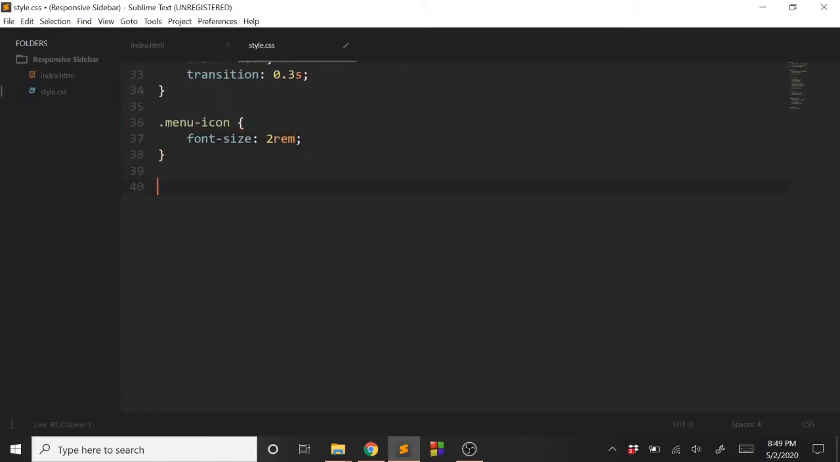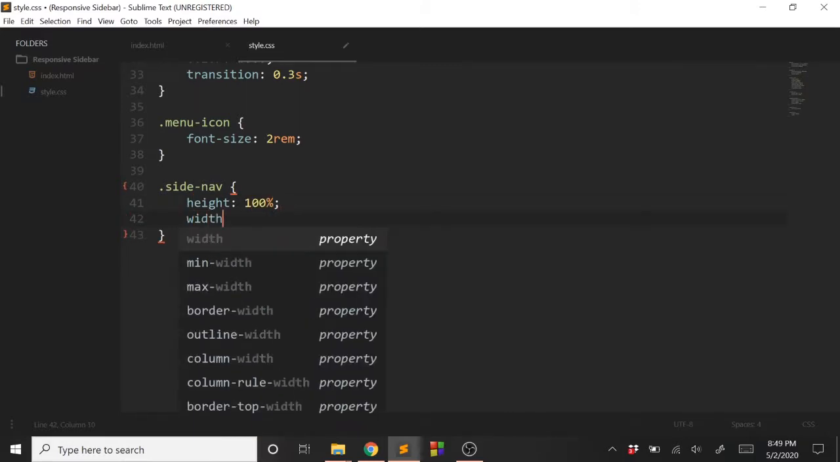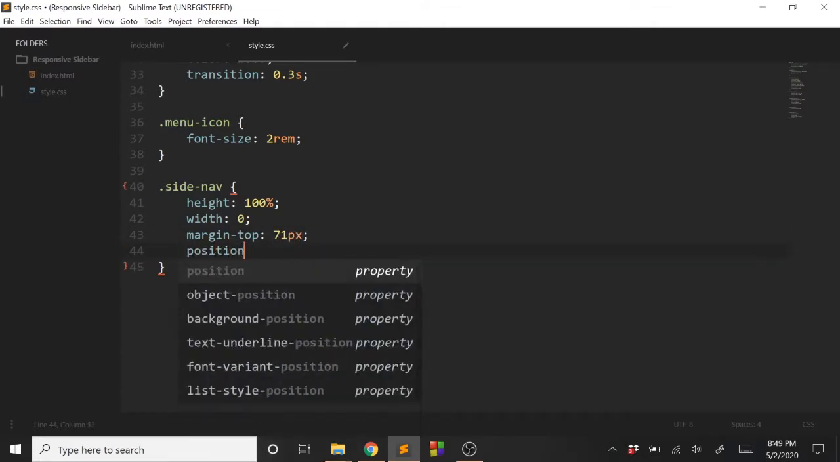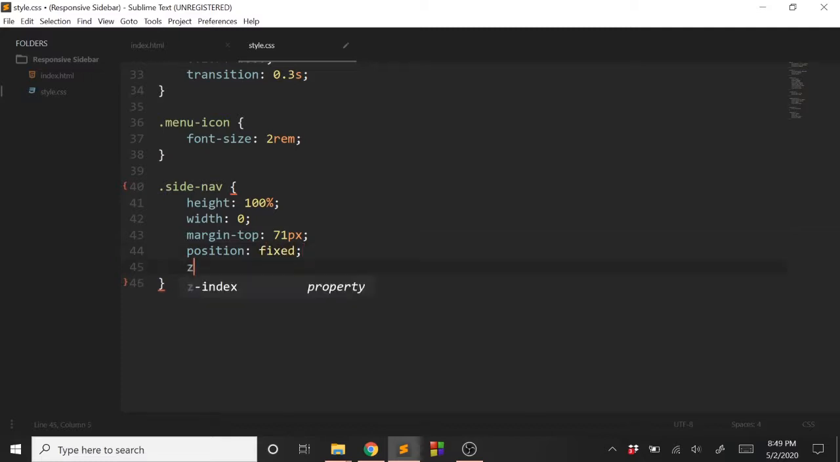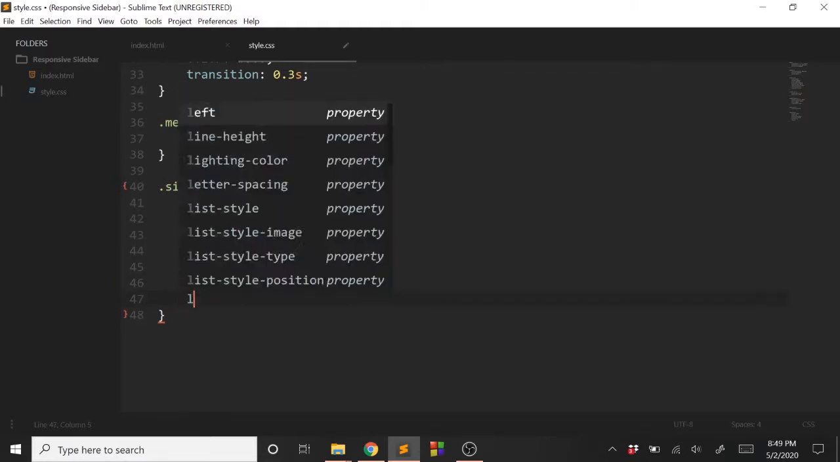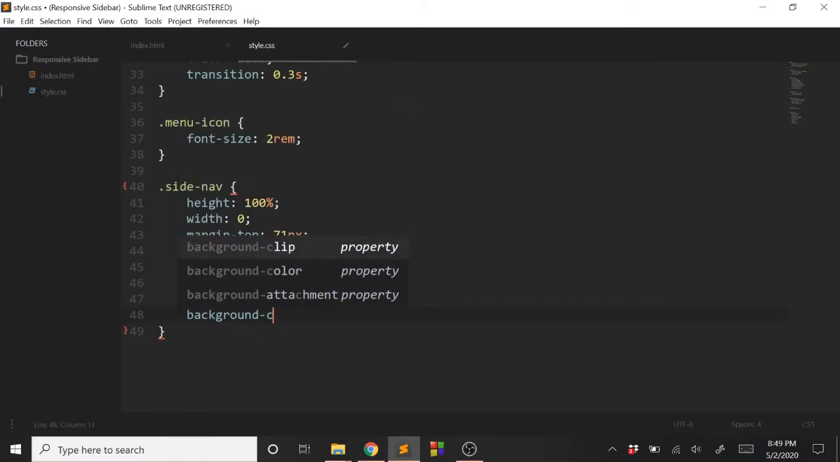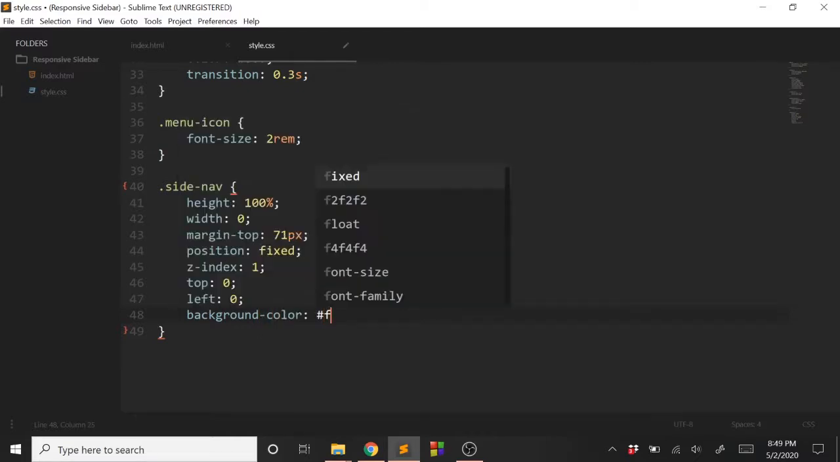Now below this, we'll add some styles to our side nav. Side nav, and then within here we'll add a height of 100%, width of 0 to start, a margin top of 71px, a position to be fixed, a z-index to be 1, a top to be 0, a left to be 0, background color to be #F4F4F4, overflow X to be hidden to hide the horizontal scroll bars,